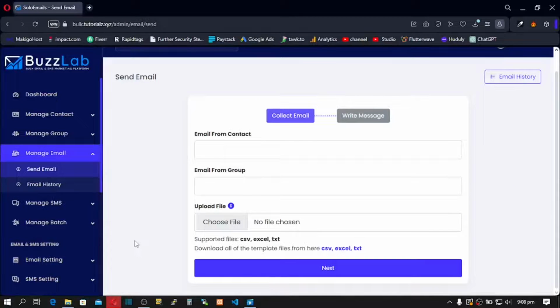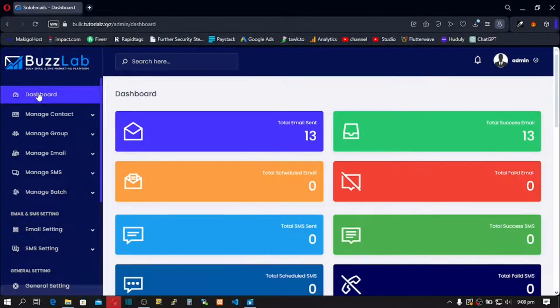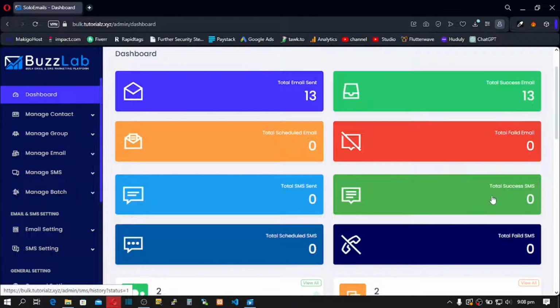If you are excited, let's now take a look at what is on our dashboard. First, you need to log into your sender's dashboard, and that's what you're seeing right now. I'll show you how you can get access to your dashboard. This is your admin's area. Just click on dashboard. And first, you see total emails sent, total successful emails, total scheduled emails, failed emails, success